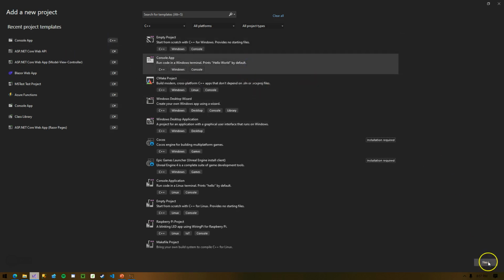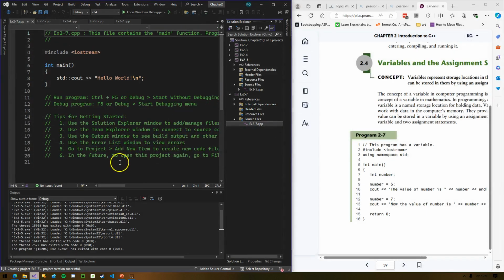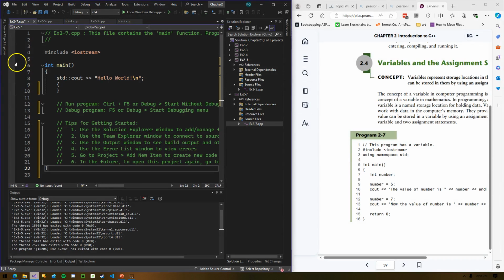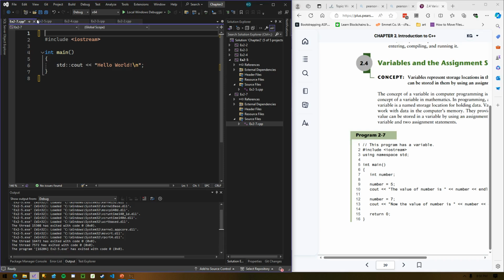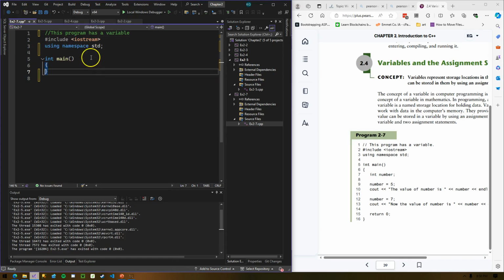So new console app, next, EX2-7. Comment, include, using namespace std. Int main, let's get rid of that.